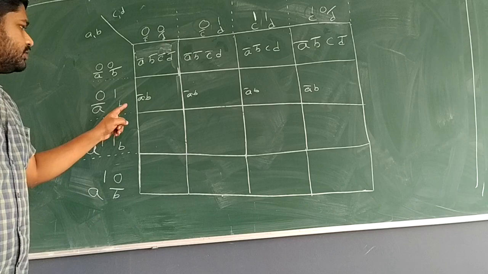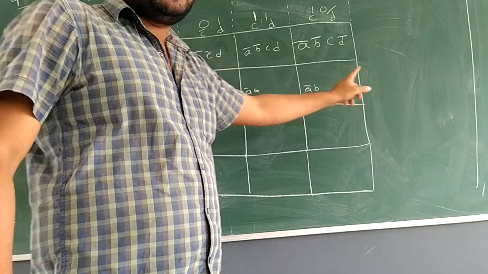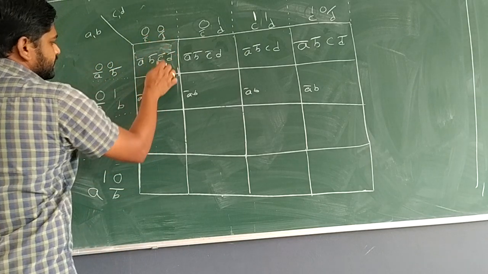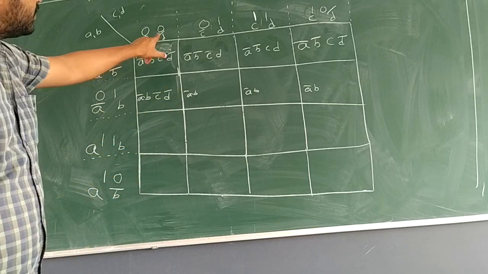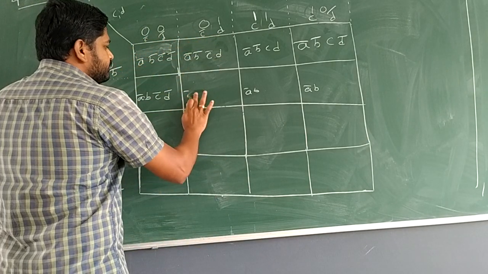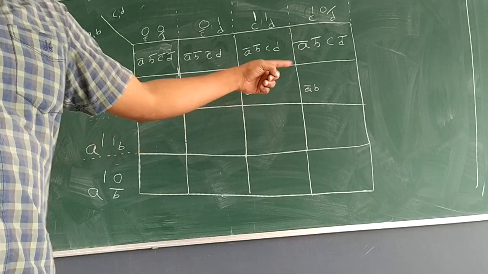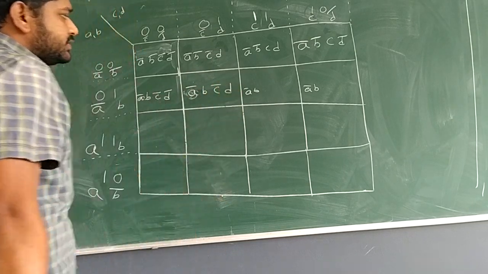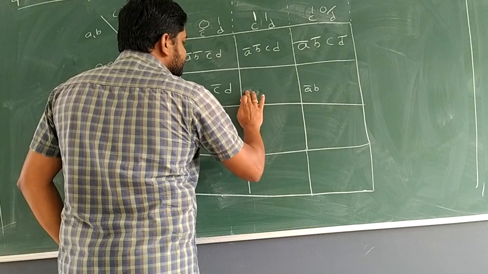Okay, so this complete row is A complement into B. So let's write the vertical variables: C complement D complement, first column, second column. The row variables are A complement B. The column variable here is C complement D. Okay, so next one is